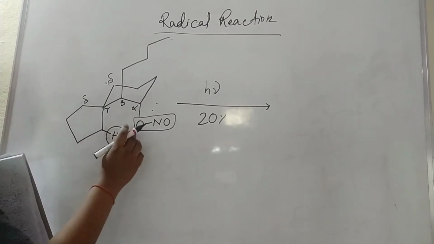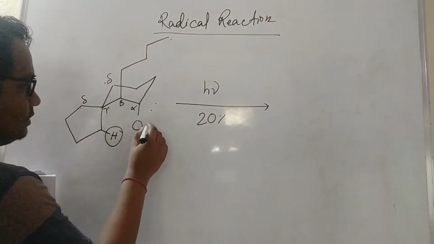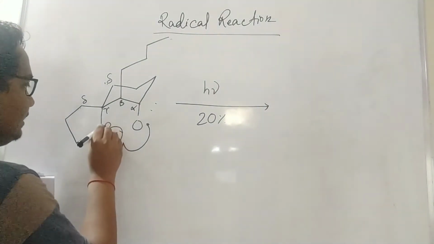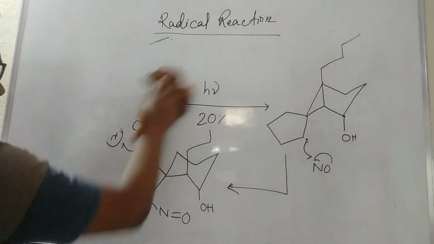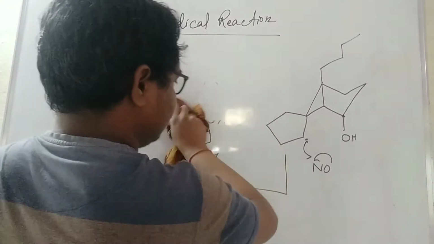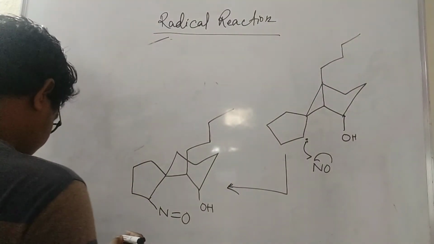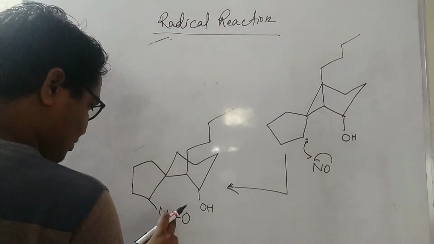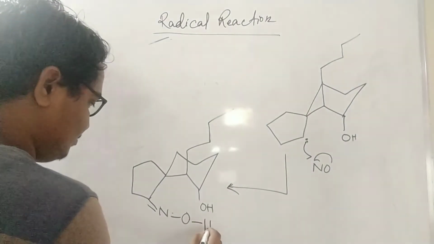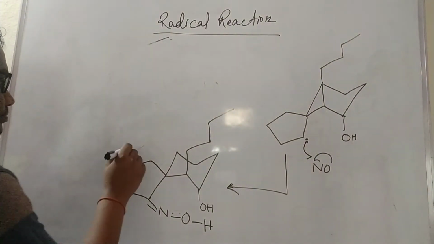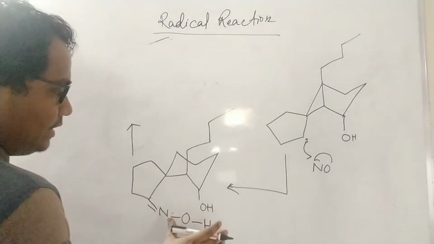See, here one delta hydrogen and oxygen is there. So what will be the product? Here see, O dot is there, no, and it will take this, and this will come, and the final step, it is the third step. Okay, then up to now the Barton application is completed.